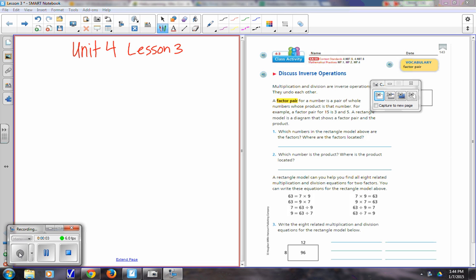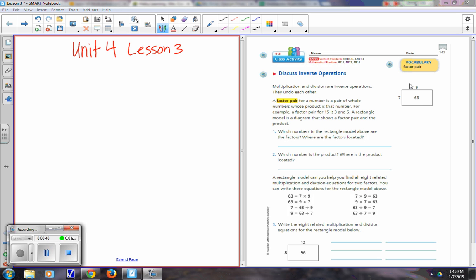Okay, like I said before you left today, the lesson today is Unit 4, Lesson 3, and it's very similar to what we've been doing. We've been talking about the inverse operation between addition and subtraction, and today we're going to talk about the inverse operations with multiplication and division. They're very much like addition and subtraction are opposites, multiplication and division. They undo each other. A factor pair for a number is a pair of whole numbers whose product is that